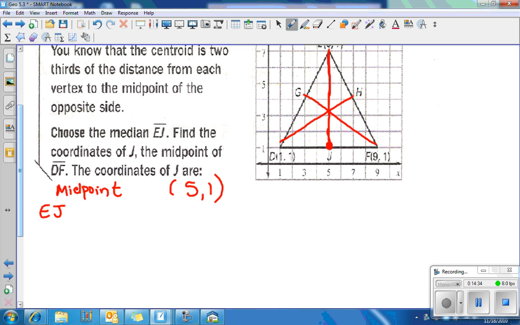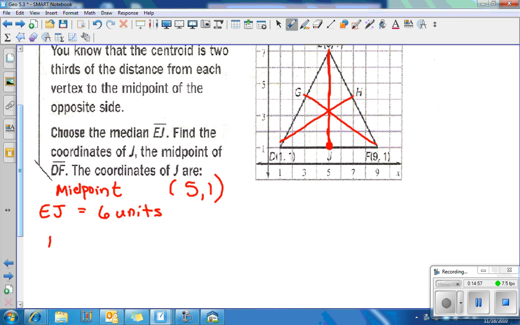But first, what's the distance from here to here? 1, 2, 3, 4, 5, 6, right? So EJ has 6 units. Okay. Good. All right, and we can find